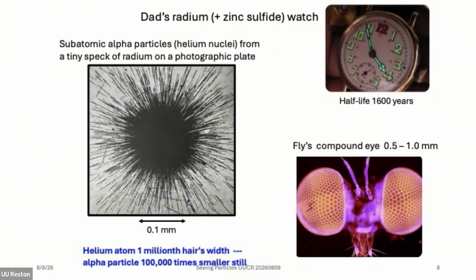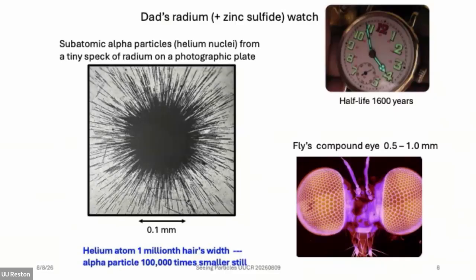And they ionize the atoms along the path and leave tracks in the photographic plate. So this was a way of visualizing these tiny alpha particles that are actually much smaller than the atoms themselves. It showed that the alpha particles are 100,000 times smaller than the helium atom itself, which itself is about a millionth of a hair's width. So we're now starting to see things that are really, really small by the tracks that they make,